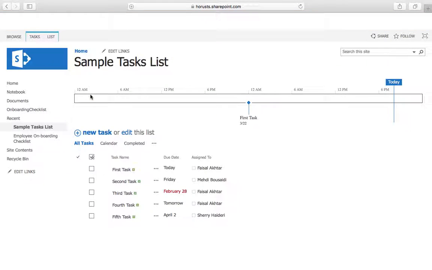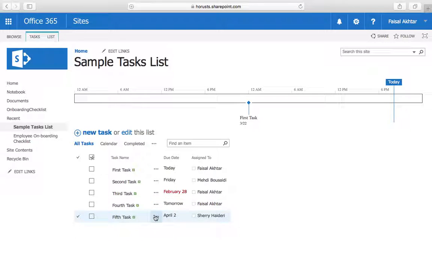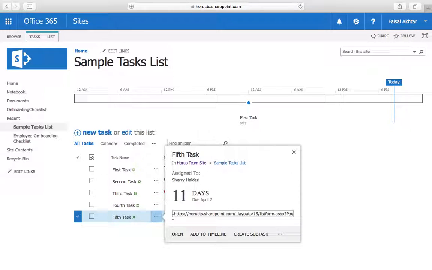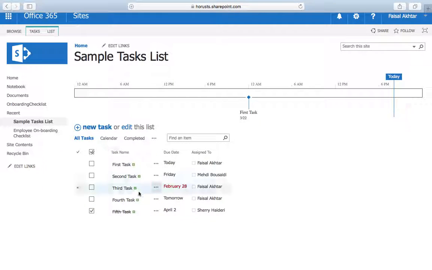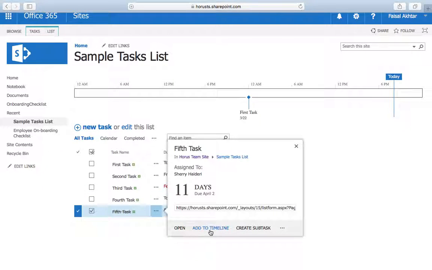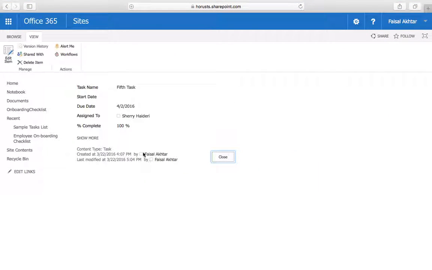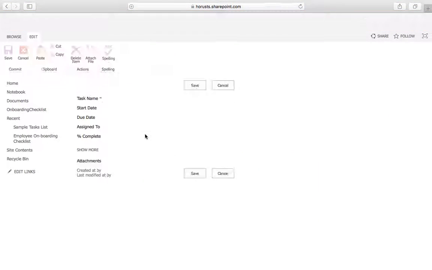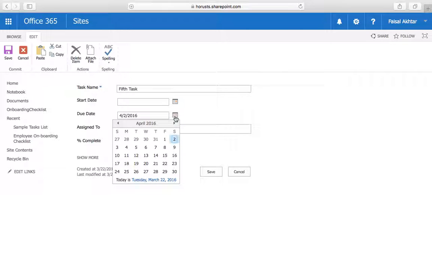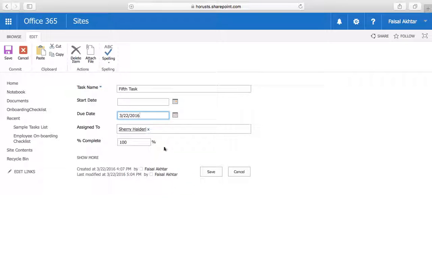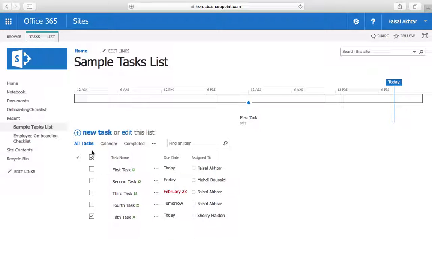But if I go back to the all tasks list and if I were to change Sherry's task and edit it, and if I were to change the due date to today, which is the 22nd, and click save. Now if I were to go back to the